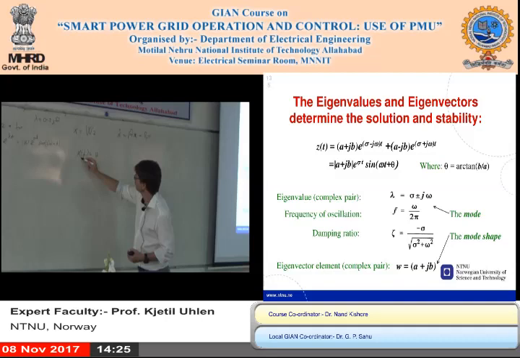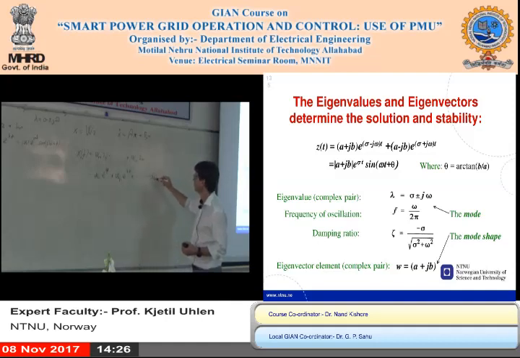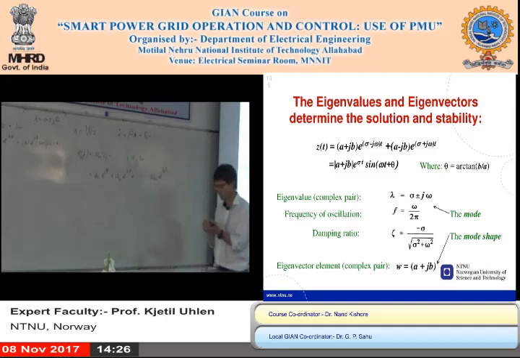If this is number 1, for example, x number 1 is v11 z1 plus v1n zn, and then you see that each of these z's is governed by one eigenvalue only, so that it becomes v11 e to the lambda 1 t plus v12 e to the lambda 2 t plus